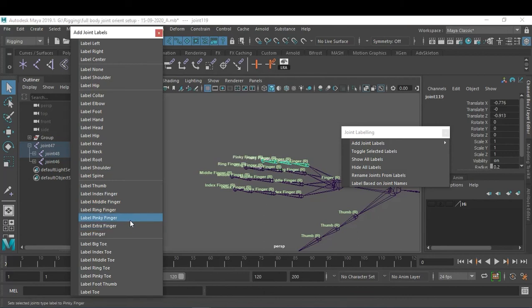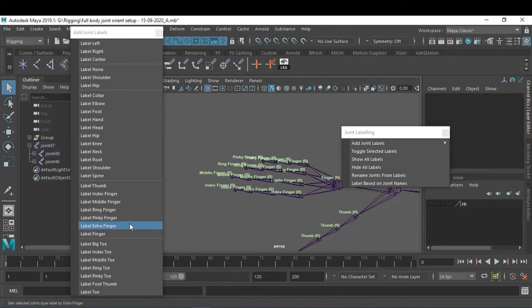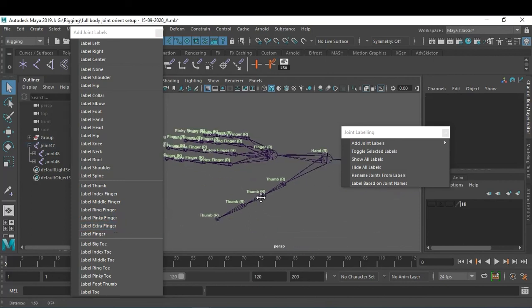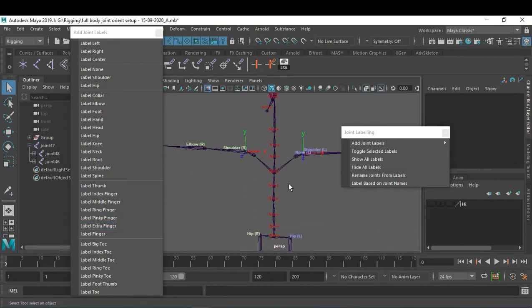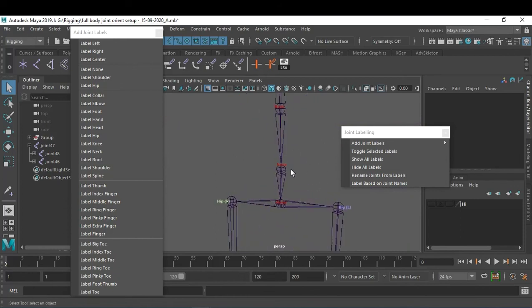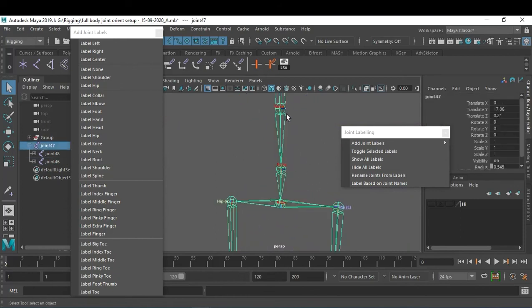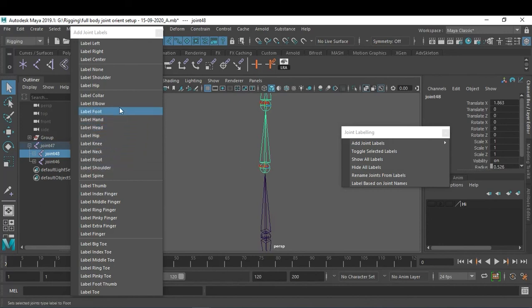Right? Suppose if you have extra finger, we can just put that also extra. Okay, so this is our root joint. Where is our root joint? Let's check it out. Where is root? Label root. And this is our spine. To search where is spine. Where is that? Spine. That line, actually below. At last, right. Label spine.